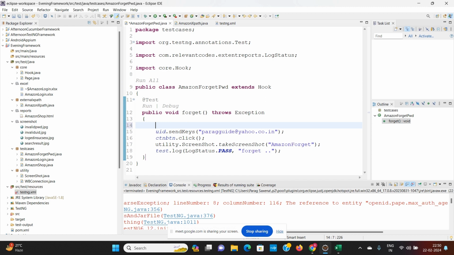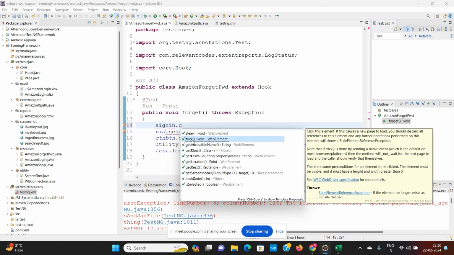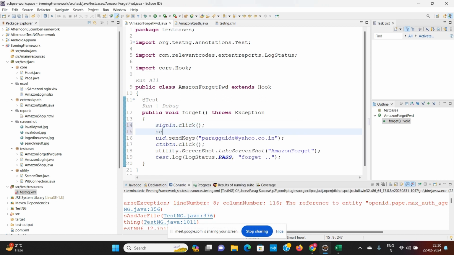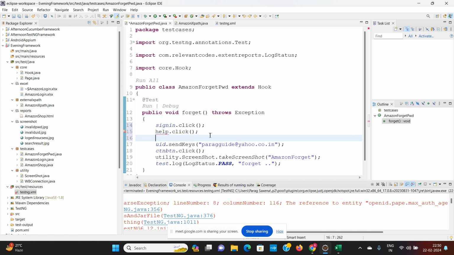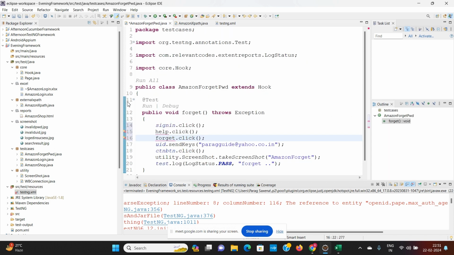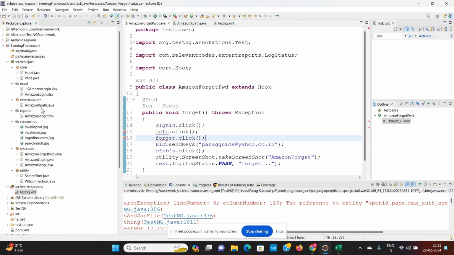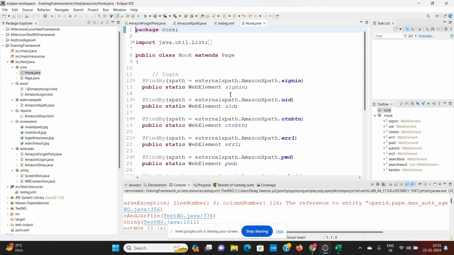So first of all, we have to click on this sign in dot click. After that, we have to click on this help dot click, and then we have to click on this forget dot click. Help dot click, forget dot click. And in my hook class,